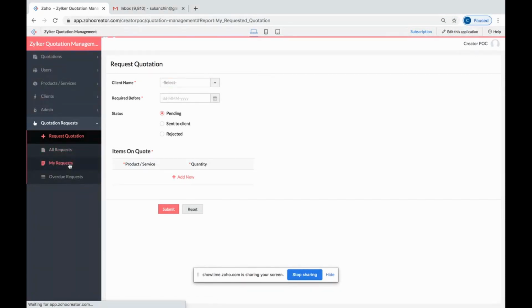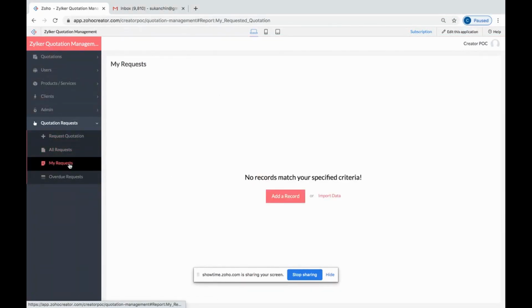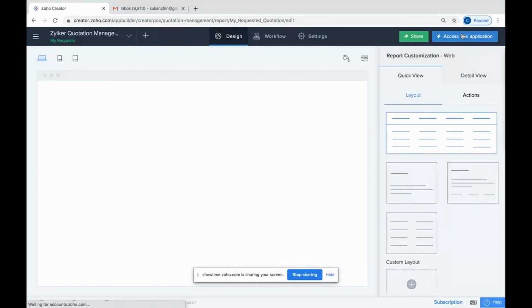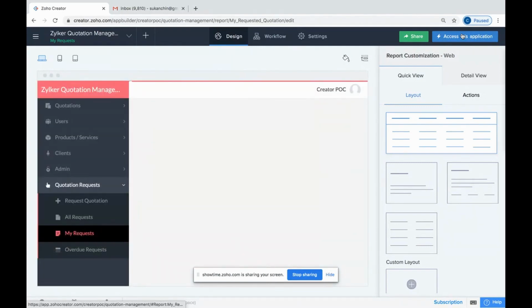Here I have something called my request. So I have created a report here by applying a filter condition, which means when I log in and when I enter my information or the request I'm going to make, I have to just see my own information, right? I should not be able to see other customers' or other clients' information.